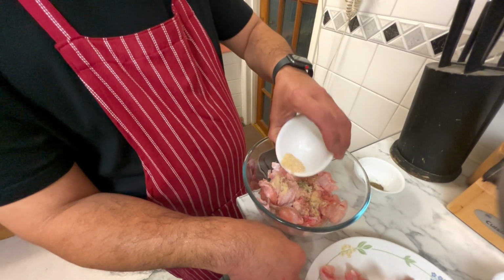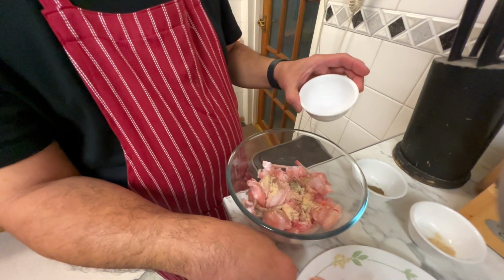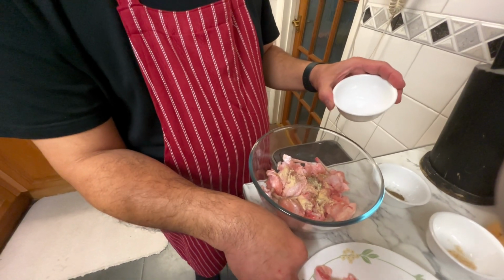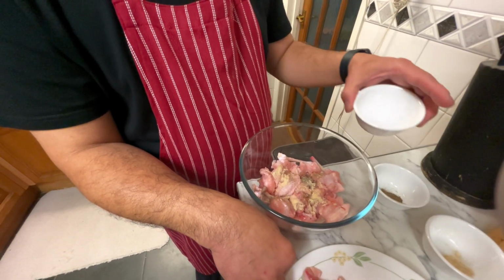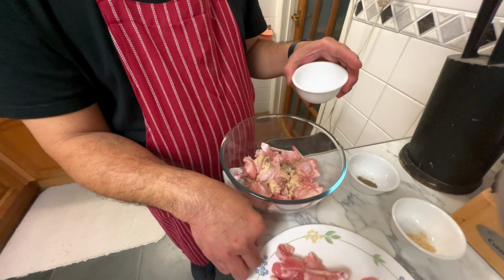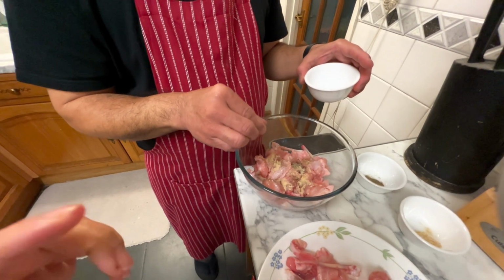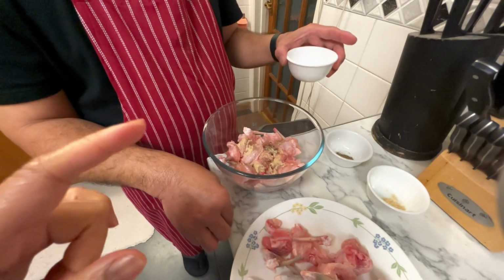Pepper. Yeah. And garlic powder. How much pepper did you put? How many teaspoons of pepper did you put on one pack? Oh, half packet of the chicken. Half salt, half pepper, and half tablespoon. What do you mean half? Half tablespoon of pepper, half tablespoon of garlic powder, and half